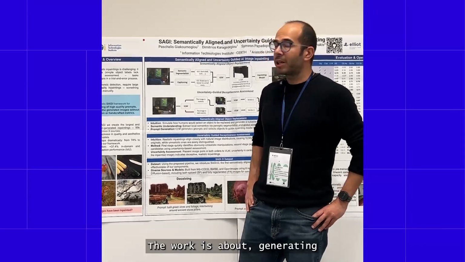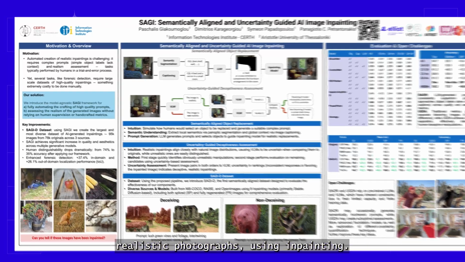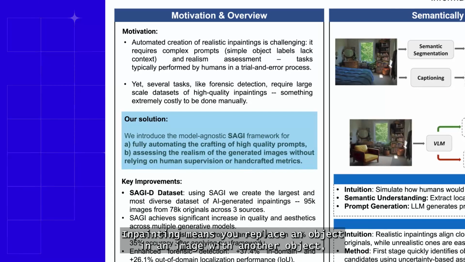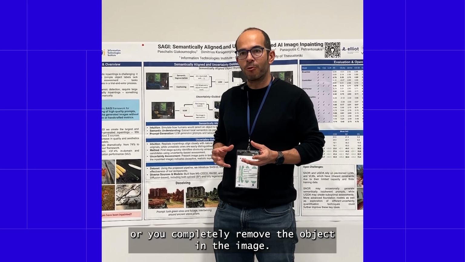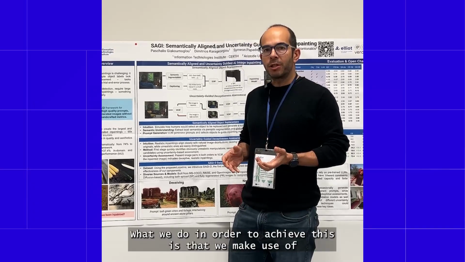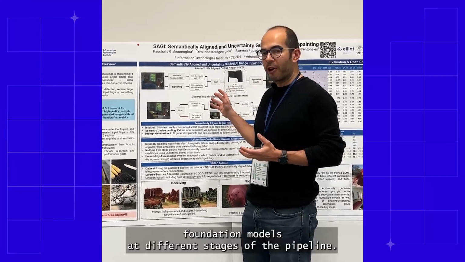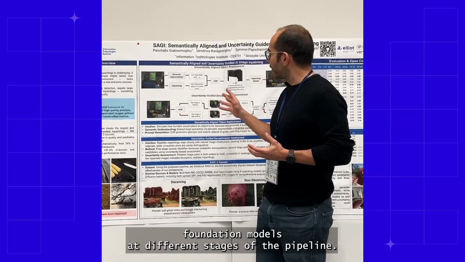The work is about generating realistic photographs using inpainting. Inpainting means you replace an object in an image with another object, or you completely remove the object in the image. What we do in order to achieve this is that we make use of foundation models at different stages